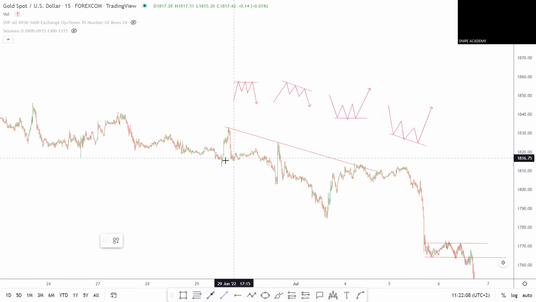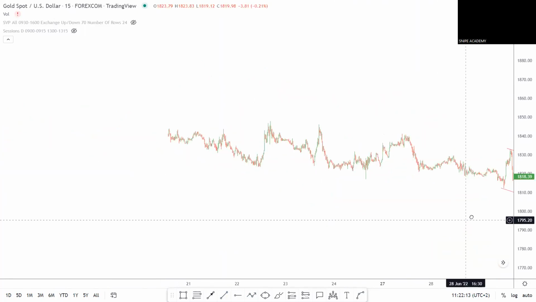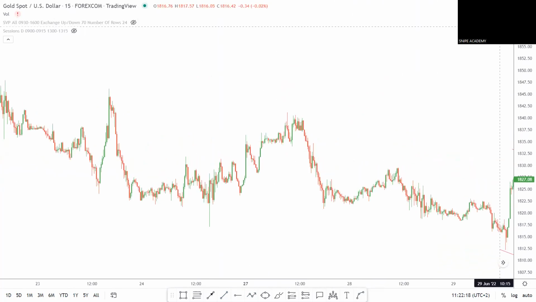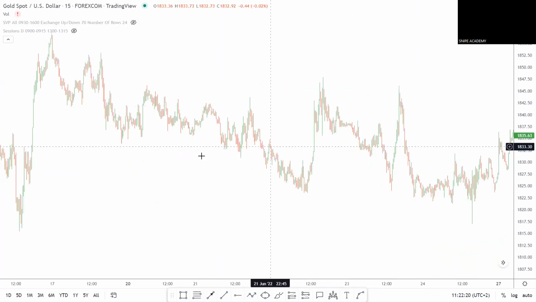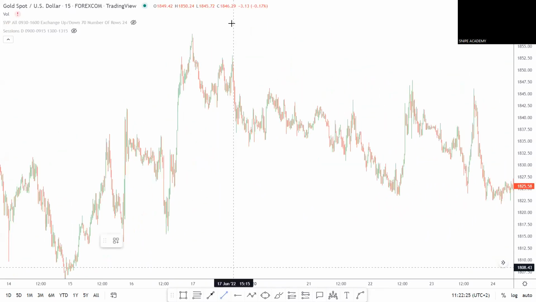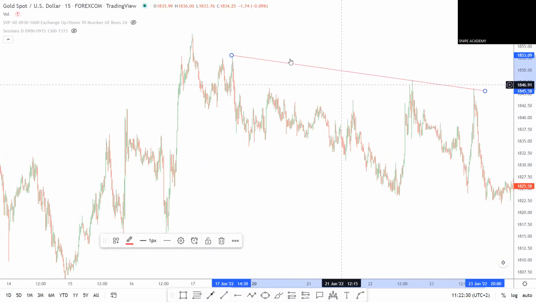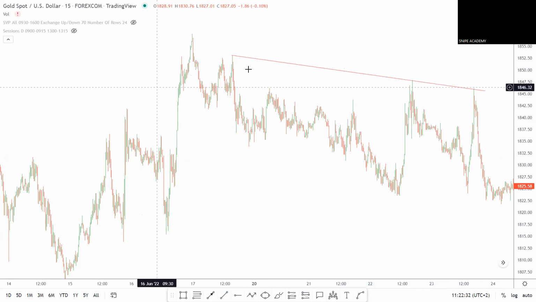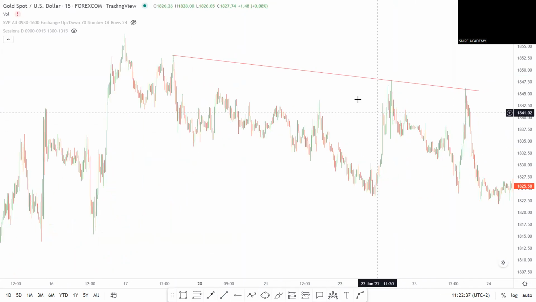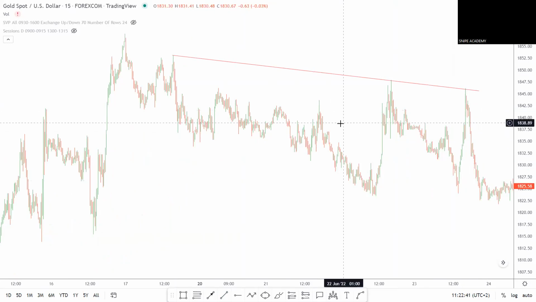For example, I see another one here. Okay, I see an example there. Guys, this is pretty straightforward, right? I shouldn't be losing much time on all this because this is pretty straightforward, I think, and most of you will already know. So here, another one, you see a resistance which price is failing to break, but with a certain degree of inclination.